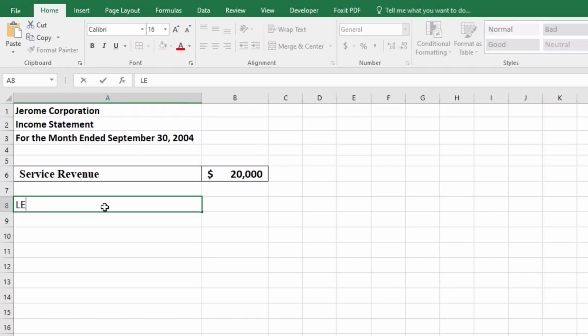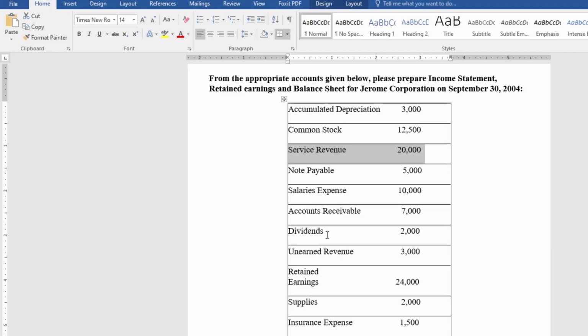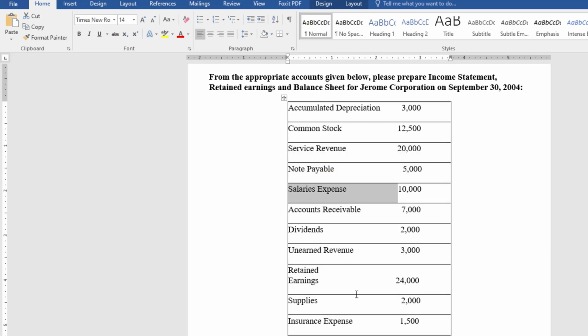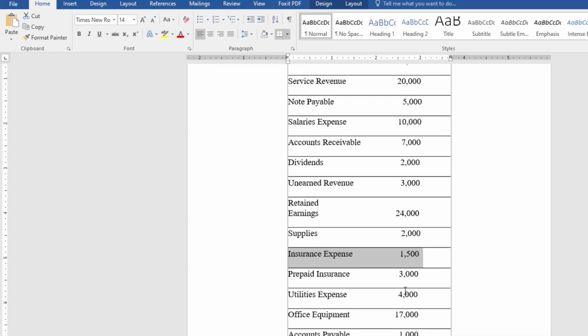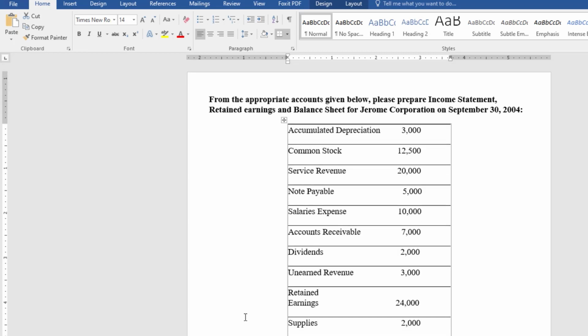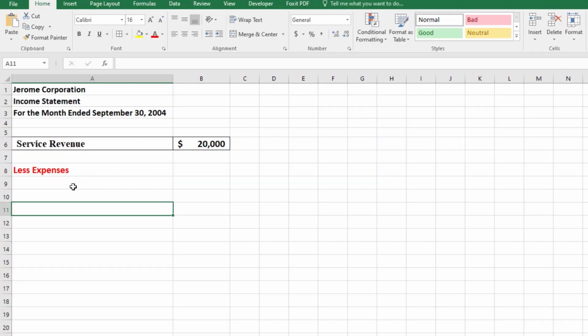So moving towards the expenses section, revenue minus expenses is equal to net income or net loss. In the expense section, we saw these particular expenses like salary expense, insurance expense, and utility expense. So these three expenses I can write in the expenses section,